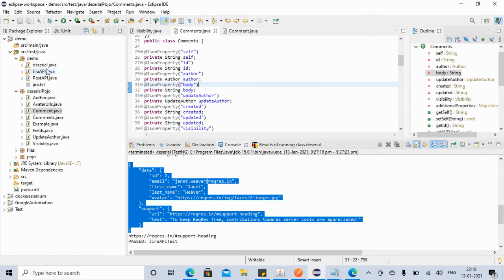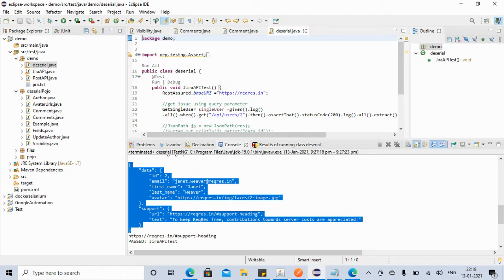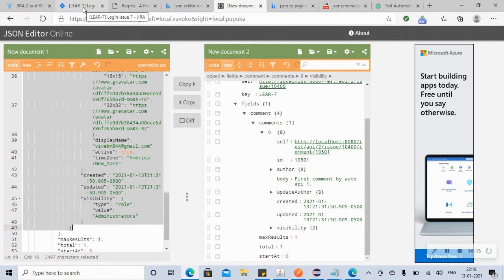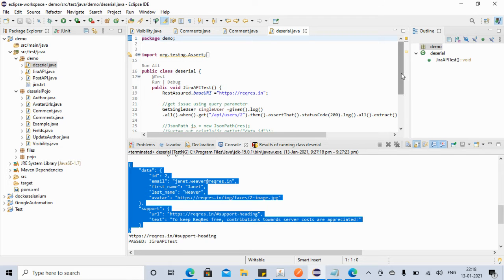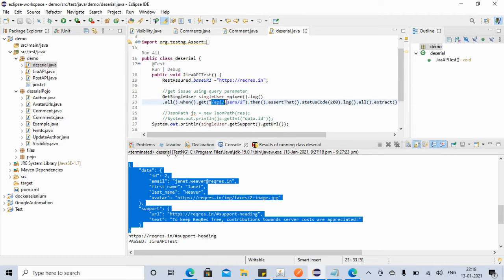So let's go to this deserialization here, and this time we will automate this GET. Let's copy this resource and put it here. Instead of this, our resource is this.